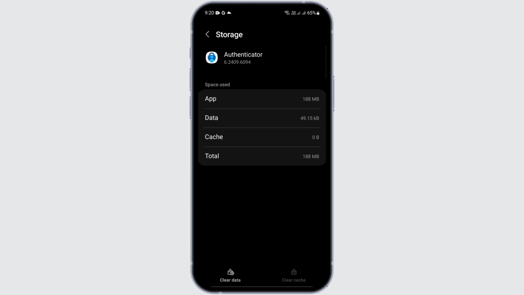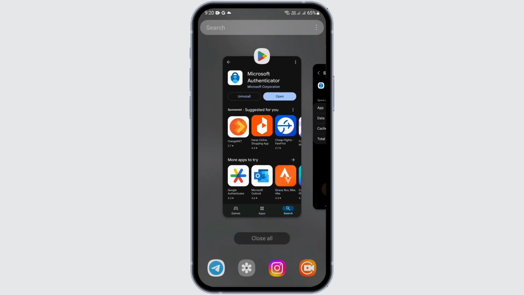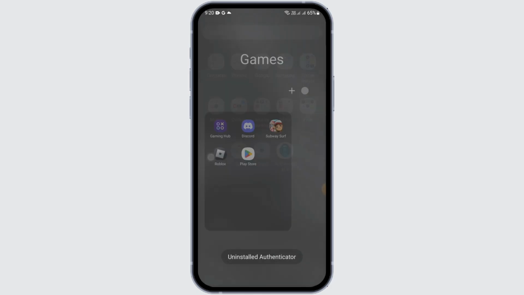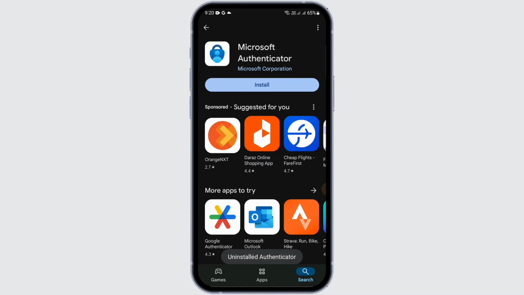After that, the last thing I want you to do is, if this process doesn't work, then just long press on it and uninstall the application. Confirm your uninstallation and get back to Play Store. After getting back to Play Store, I want you to reinstall the application onto your device, and that most likely should fix your issue. If that doesn't fix the issue, then the problem is on your phone, not on the